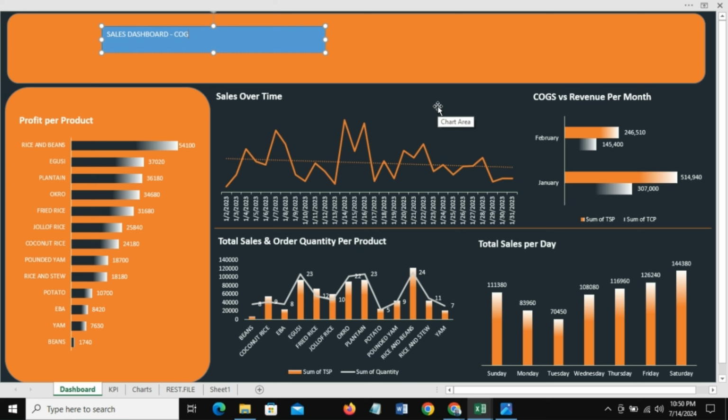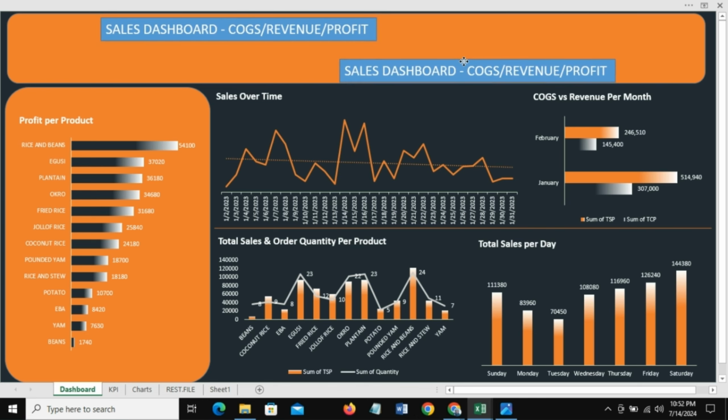Cost of goods / revenue / profits. I'm going to increase this. So I made it 20. I made the font size for that 20. I'm going to Control D, duplicate this, and then create a quick